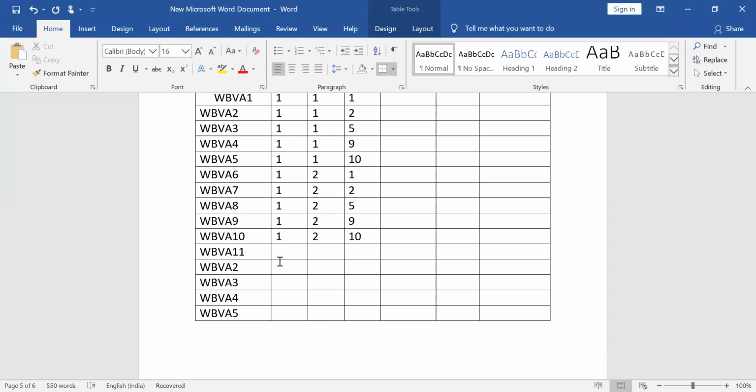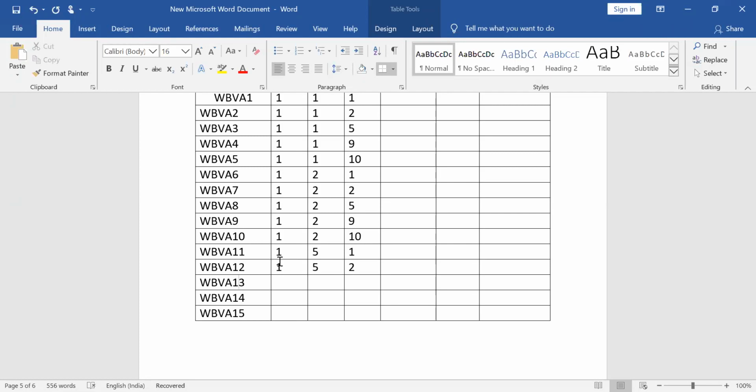This is the 11th case. 1 is over, 2 is over. Now I need to go with the next value, that is 5. 1 followed by 5 followed by 2. This is your 12th case, then 13th, 14th, 15th.